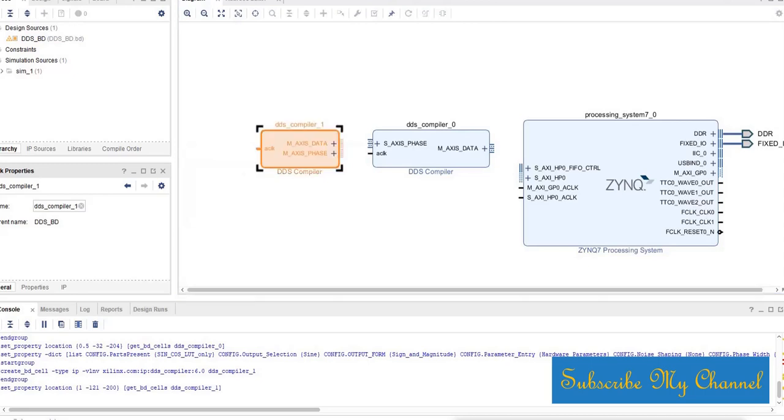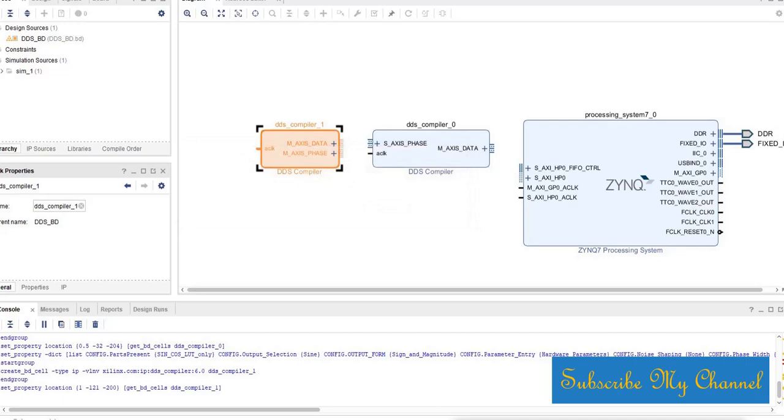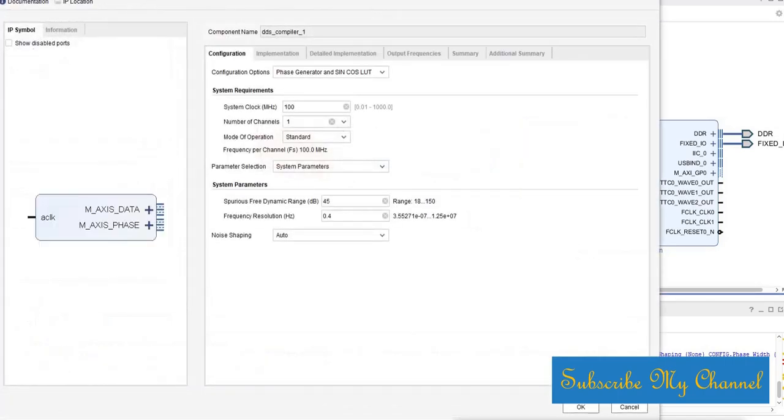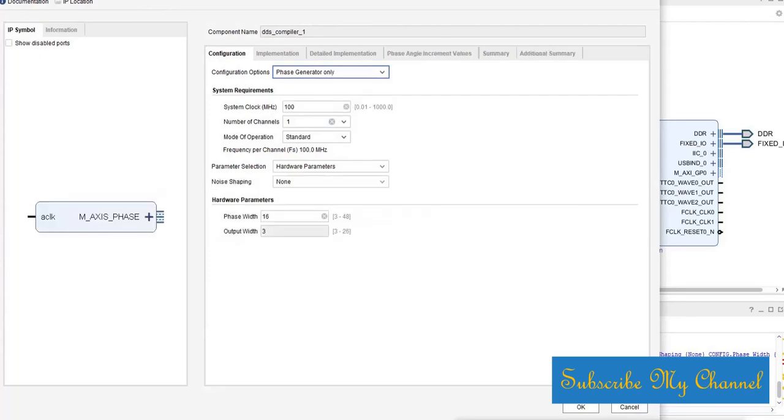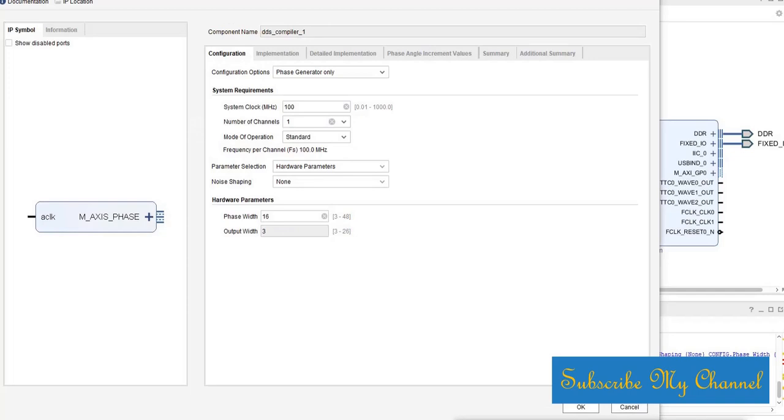This one we'll use as a phase generator only. As you can see in our project, the title was analog signal generation and phase accumulated data generation. So from this DDS compiler we'll use the phase data.